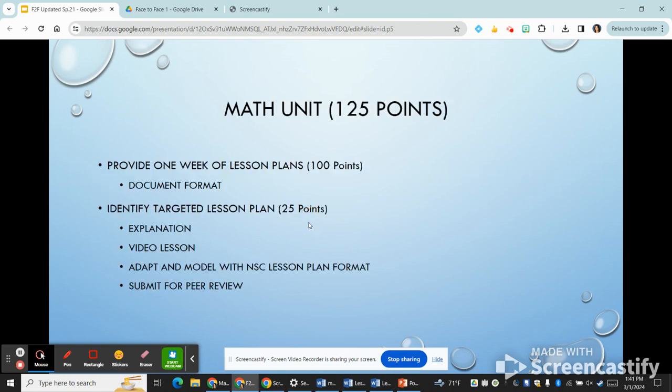So the math unit is 125 points. 100 points comes from providing 1 week of lesson plans. And I say it in this context because that's really what we're looking for. We're looking for 1 week of lesson plans for mathematics. Now,